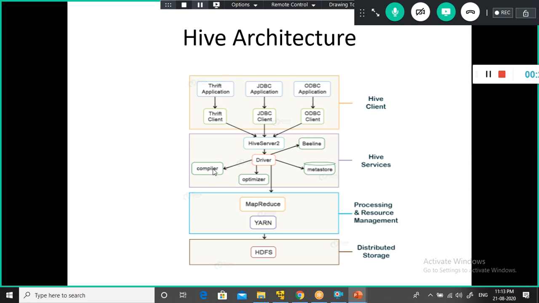For that, it sends the request to the metastore: please tell me whether the table name exists in your metastore with this name, whether this table is present in your database or not, and also what columns are there in the table.